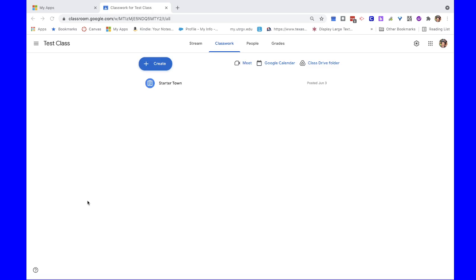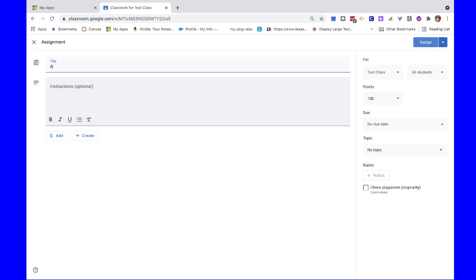Okay, let's take a look at creating a rubric from scratch. I'm in my Google Classroom and I'm going to create a brand new assignment. This will work for any assignment. And once I've added a title, you'll see that the rubric button down here has become active. It was grayed out before I had a title, but now that I have a title, it's there. And when I click on it, it opens up, well,